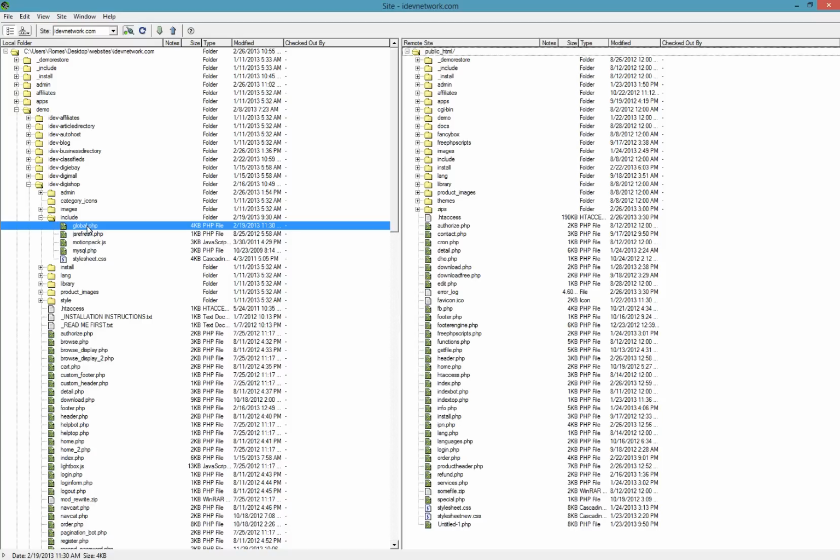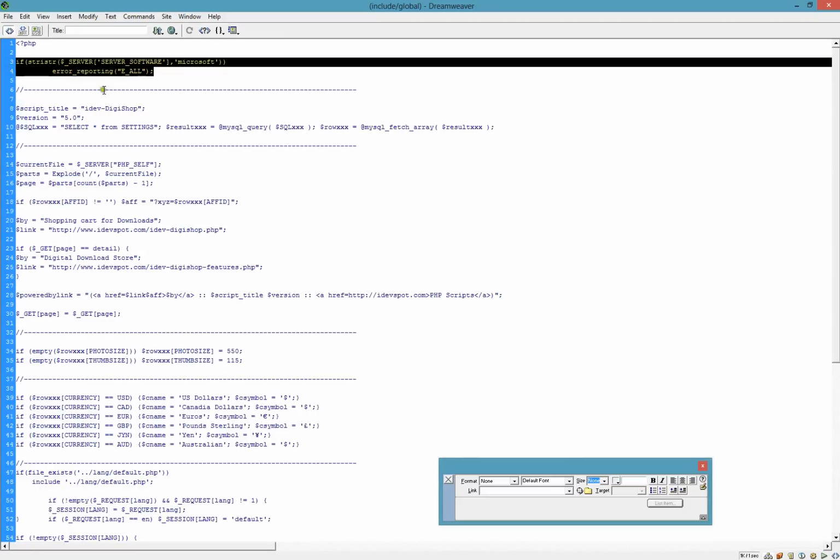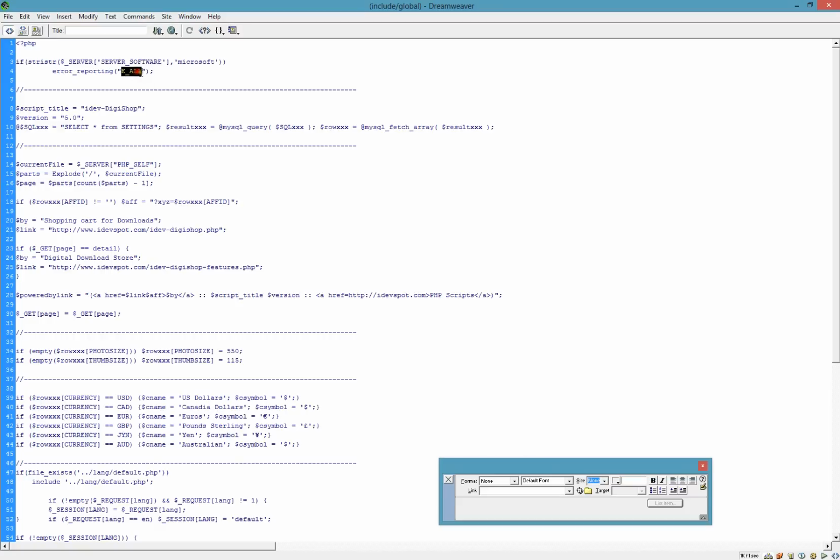It's just an included page on almost every, if not every, page of idevSpot scripts. This up here is just squelching some Windows Server errors that come because I haven't included the little single quotes in some of my variables. So I just squelch Windows errors for now. Eventually, I'll probably fix that, but it's not really an issue. So, script title, version, and here's the